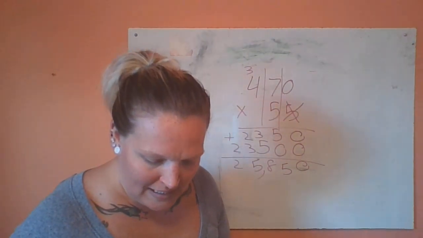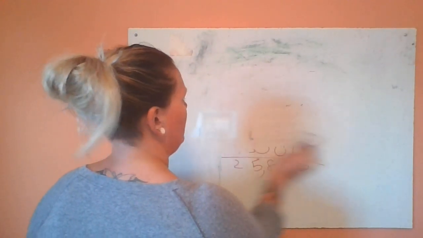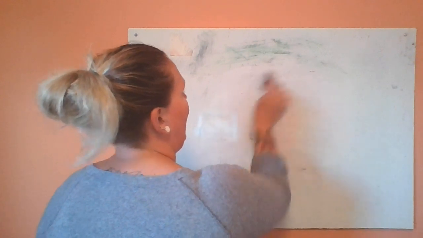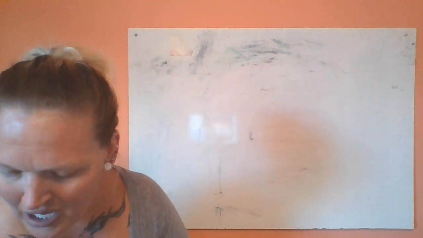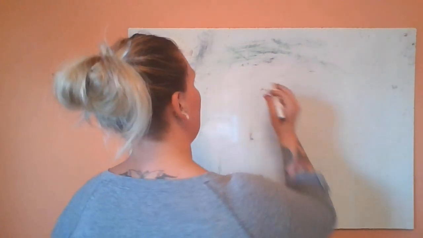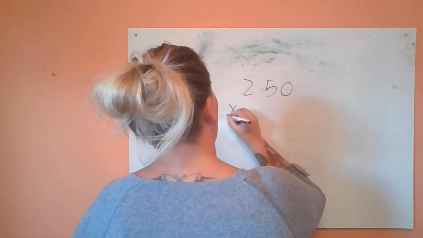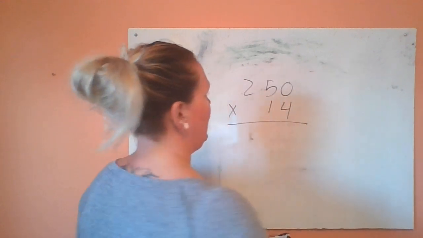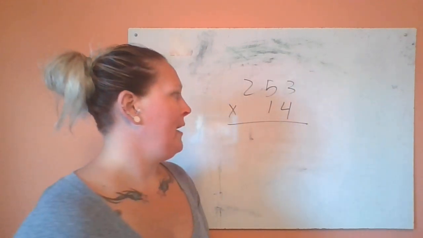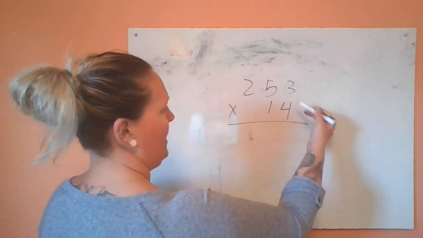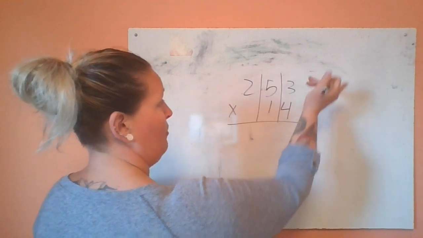Okay, let's do one more kind of easy peasy one. And that will be your kind of reminder for how to do standard algorithm, okay? I know a lot of you guys like to circle things, and sometimes that just gets really confusing for you guys, and I don't want you guys to be confused, okay? So 250 times 14. Once again, we have a 0. Let's actually change that. Let's not put a 0 there. Let's do 253, okay? So, once again, start with your smallest number, and you always start on the bottom part,